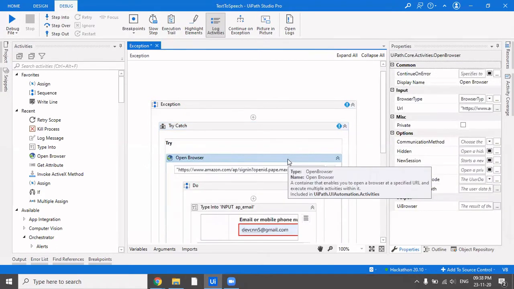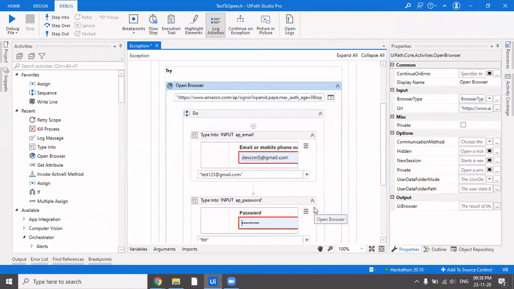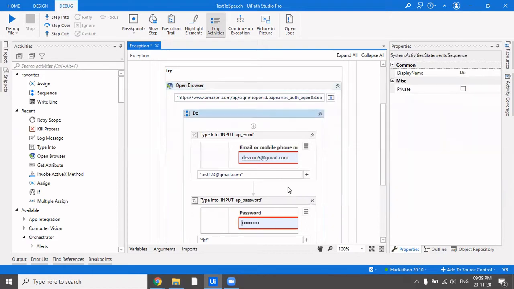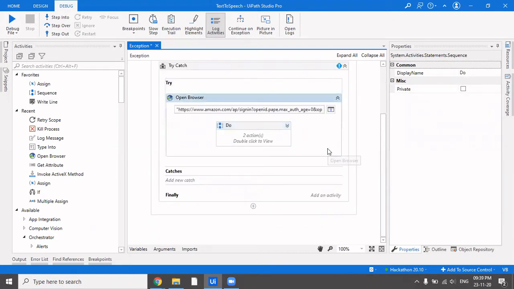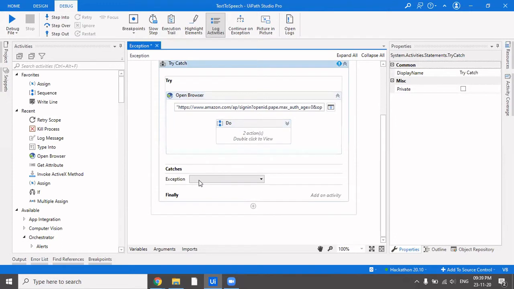We have seen that this particular piece of code would log into Amazon, enter the username, enter the password, but because we've not clicked on continue or pressed enter on the password screen, it would not be able to locate it and would throw a selector not found exception. That's what we know now. And in the catches, one more thing to take care of: when you are adding different types of catches, make sure that the base class, the System.Exception class, lies at last.